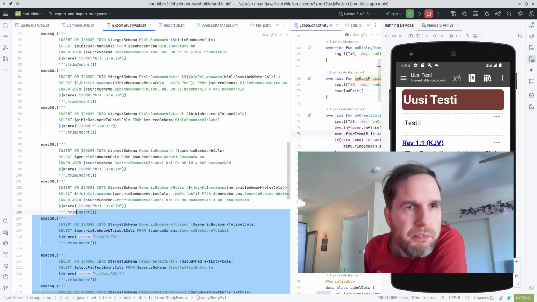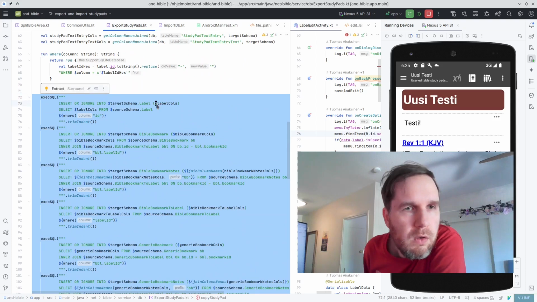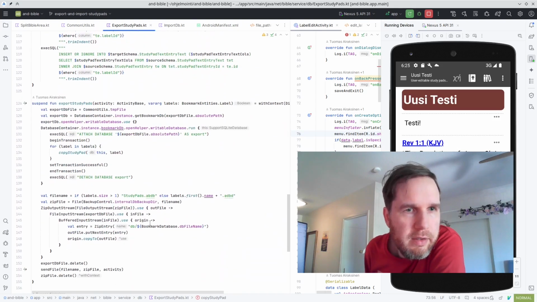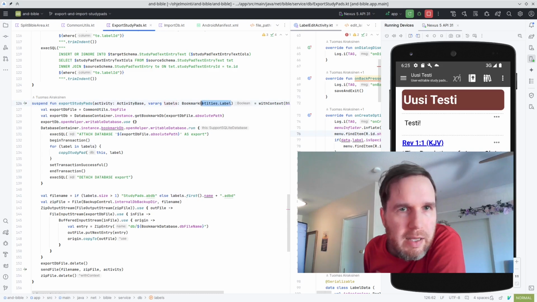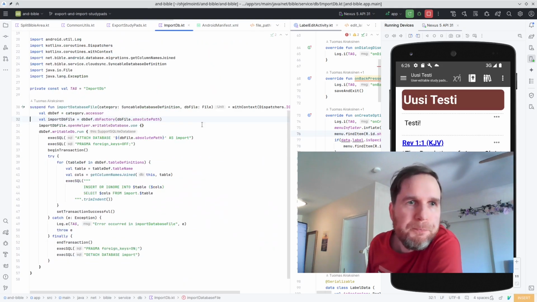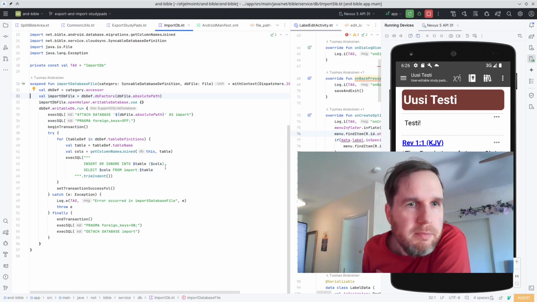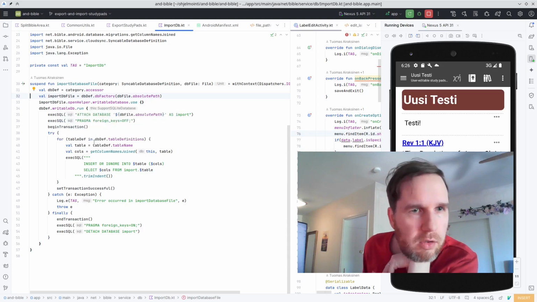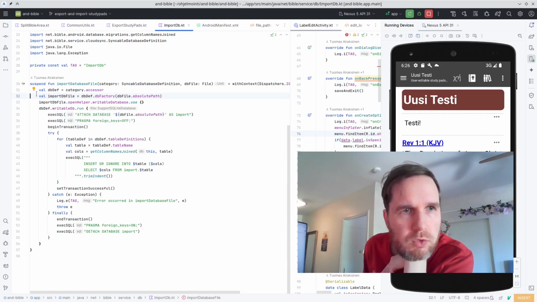Here are the SQL commands, and then I'm doing it for a list of labels, meaning export StudyPads is taking a list of labels that it will export into this file. And then import DB is even simpler. It will be just reading those files, and